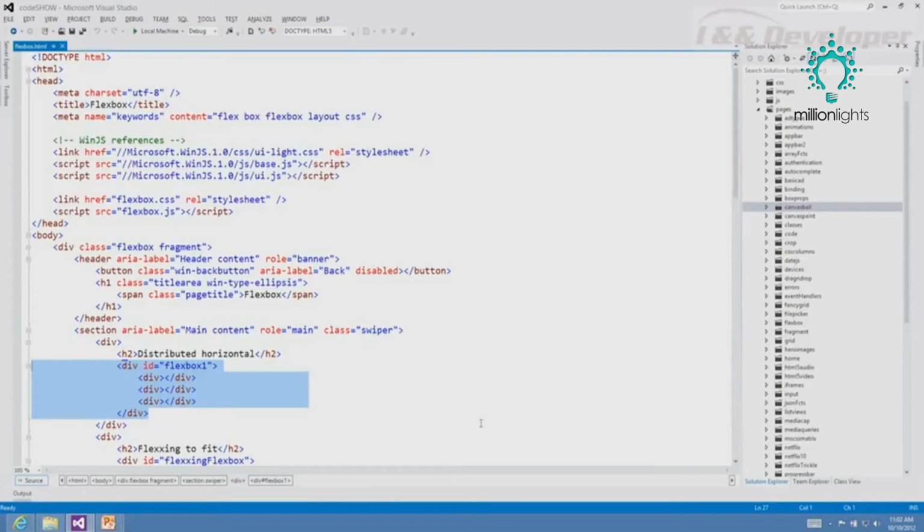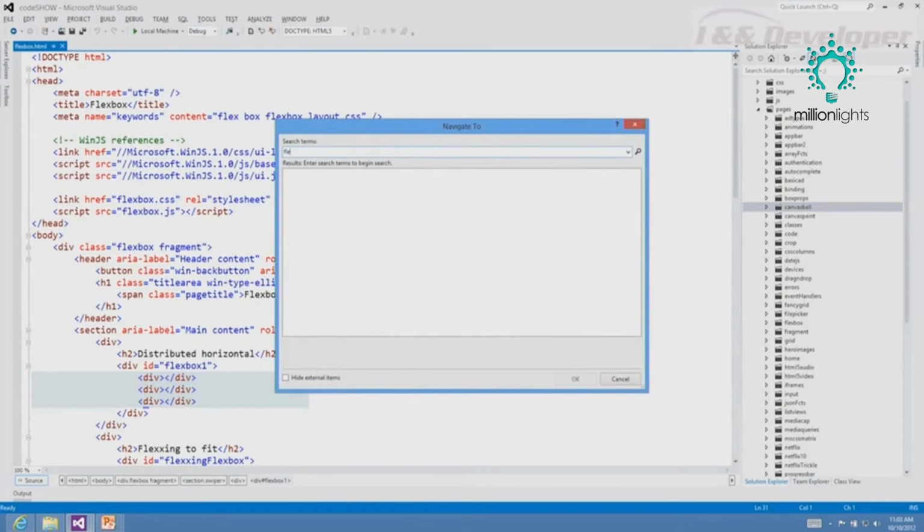It's very simple. We have a div with an ID of Flexbox1, and it has 3 divs below it. So you can see the role of HTML here. It's just the structure, a Flexbox, and then 3 things underneath it. Just the structure. The rest of this is happening in the CSS. So let's go to